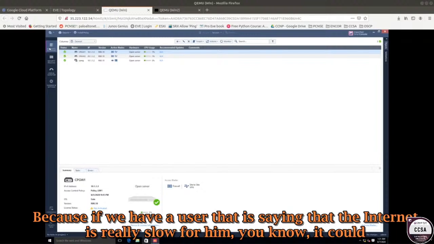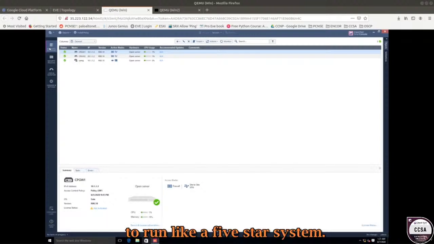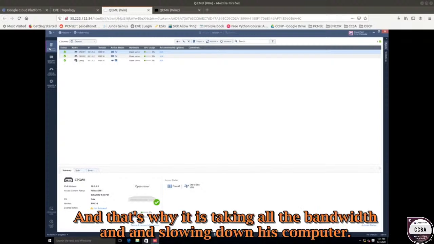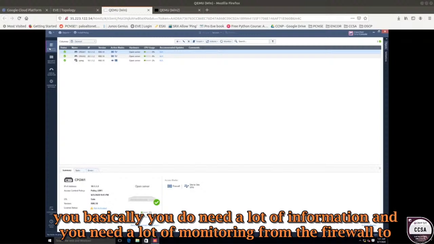Because if we have a user that is saying that the internet is really slow for him, it could be that their user computer was compromised, and that a hacker is basically just using their computer to run like a file share system, and that's why it is taking all the bandwidth and slowing down his computer. So if that is the case, you do need a lot of information, and you need a lot of monitoring from the firewall to verify that